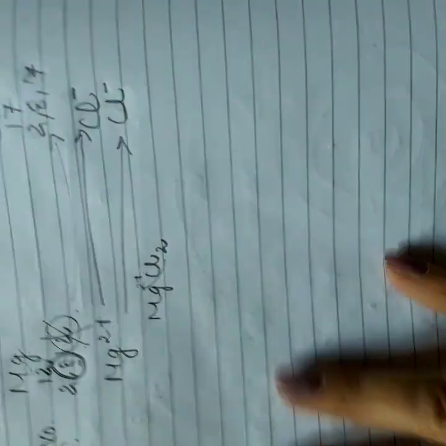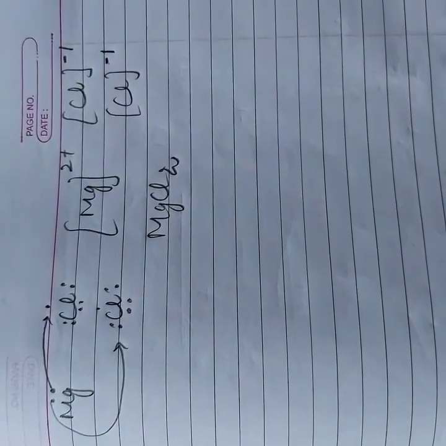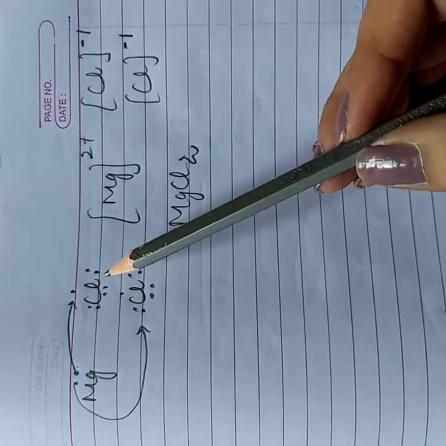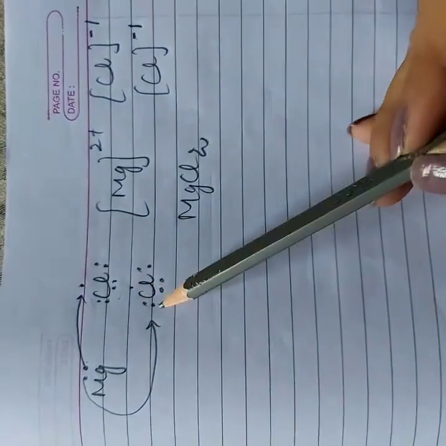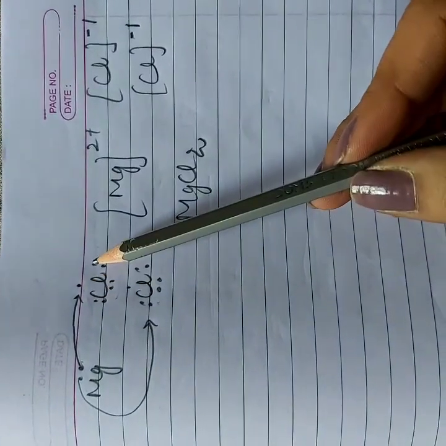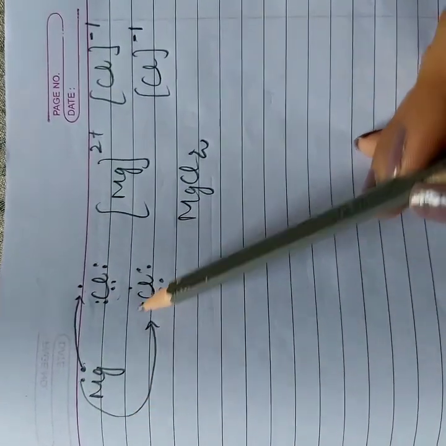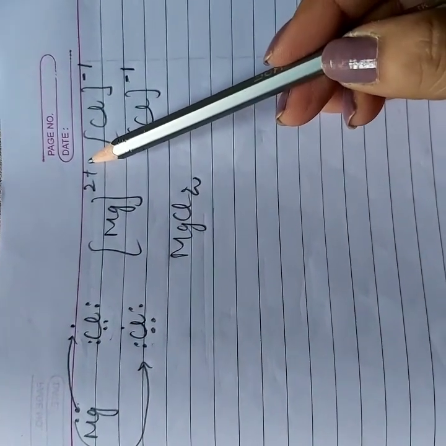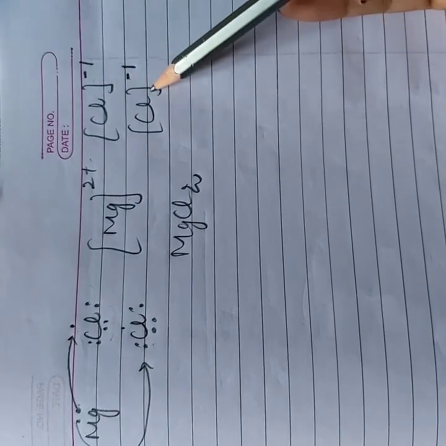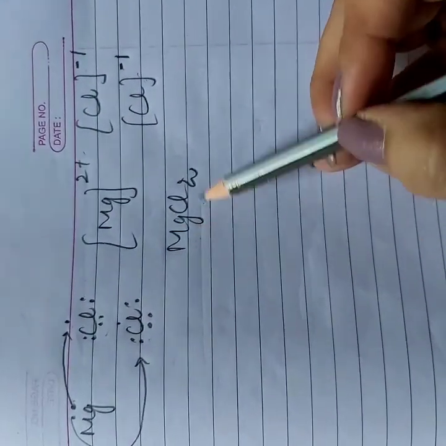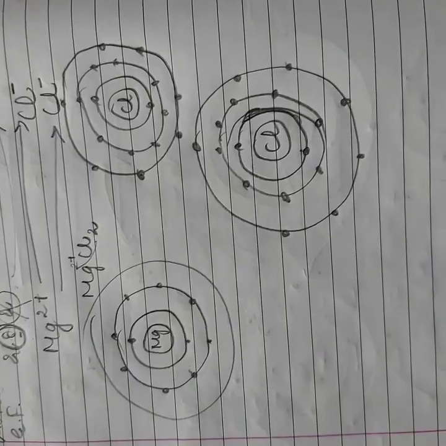Let's discuss its dot structure first of all. 2 valence electrons of magnesium we have written here as 2 dots, and chlorine valence electrons 7 and 7. 1 electron will be gained by this first atom of chlorine and the second by the second atom of chlorine. Now magnesium will carry +2 charge by losing 2 electrons, and both chlorine atoms will carry -1 charge. Now its formula will be MgCl2, magnesium chloride.